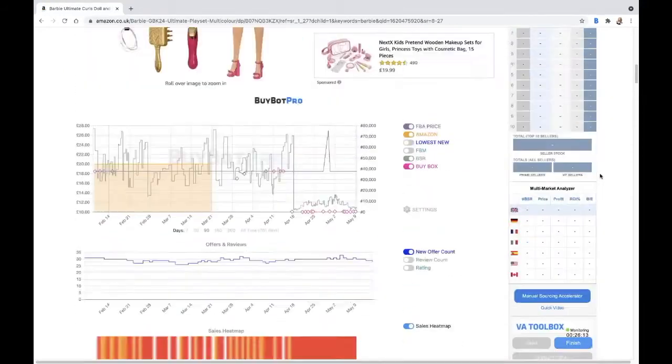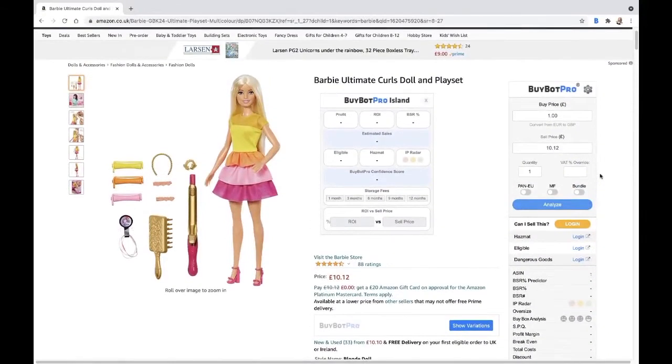You'll never be worse off than BuyBotPro tells you, and a lot of the time you'll be better off. If you want an easy way to do it, that is the easy way. But you can override the VAT where you want to by using the VAT override just for that one analysis.